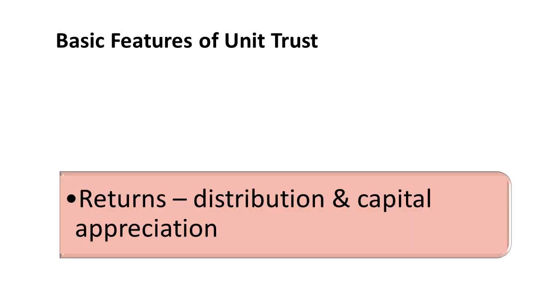And what they do, they get returns by distribution and capital appreciation. So remember I told you the interest income, the dividend income. So how do they return it back to the owners, the unit holders? Maybe once a year they declare, okay, we have quite a lot of money inside, I don't want the price to be so high, I want to reduce the price. So what I do, I will return back the units to all of you. So I return to you, I return to you. That is called distribution.